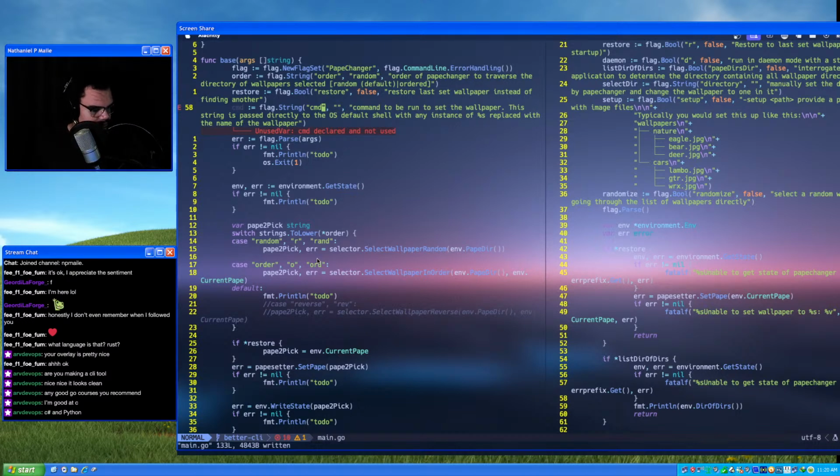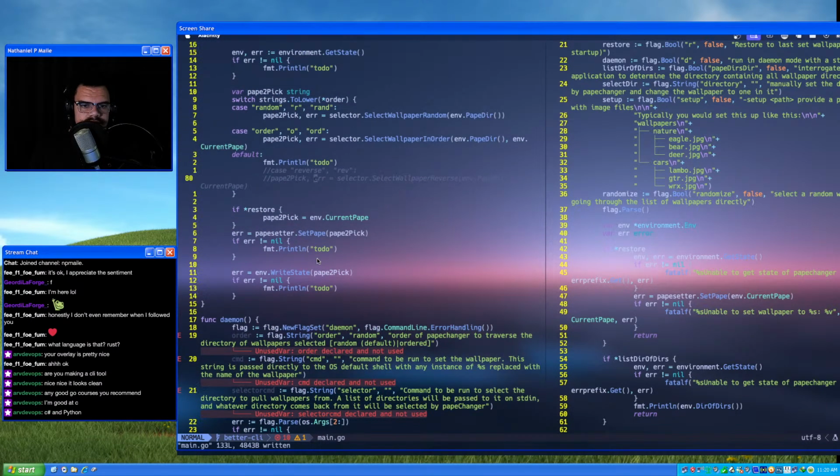Sometimes you don't want to use whatever PapeChanger has decided to set your wallpaper. I noticed this is a problem in Sway and Hyprland, where there are many different ways to set a wallpaper, and nobody can agree on which one's the most correct way. So until PapeChanger has subsumed and taken over every single possible way of changing a wallpaper, we need to make it so that people can pass in whatever the hell they want.